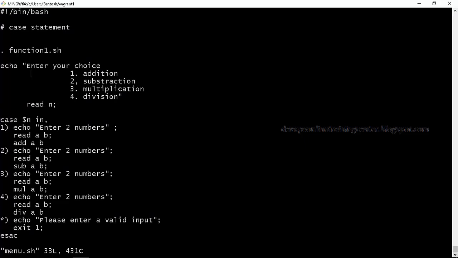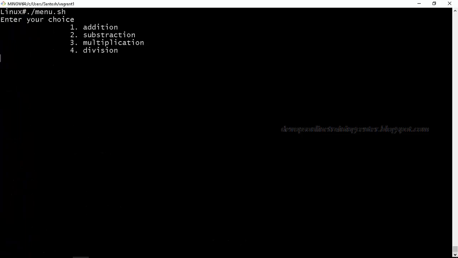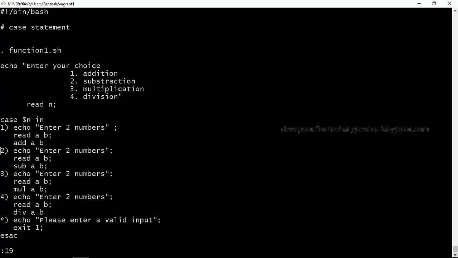This is just a print statement, right? We can have anything here, it doesn't matter, comma or dot. Okay, read n, this is fine. case $n in. Okay, now the error is in the 19th line.